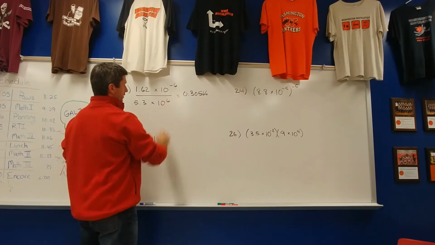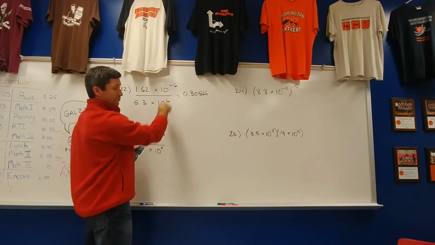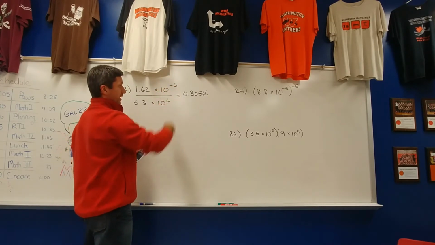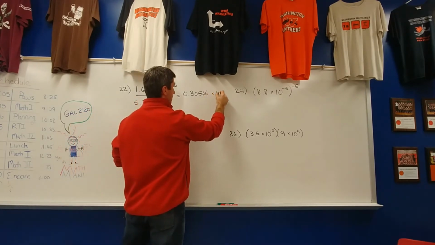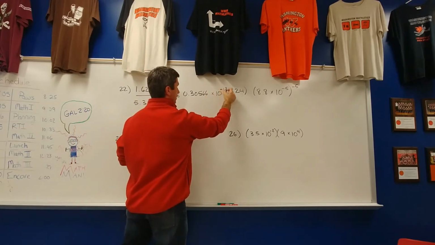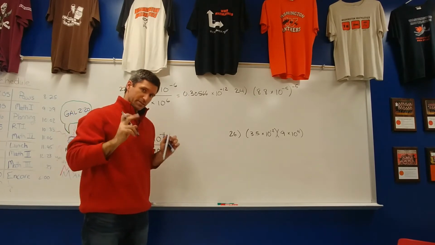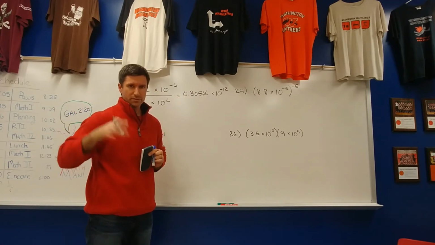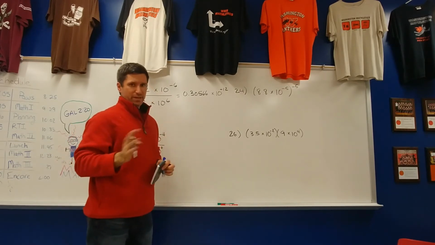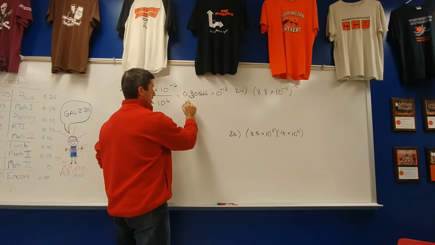Let's deal with this thing right here. 10 to the negative 6 and 10 to the 6. Exponent property says we subtract exponents, right? When you divide like bases, you subtract exponents. So that'd be times 10 to the negative 12. Negative 6 minus 6 is negative 12. Is that number in correct scientific notation based on previous lessons? No, because this number is not between 1 and 10. So let's move the decimal over, right there. And we now have